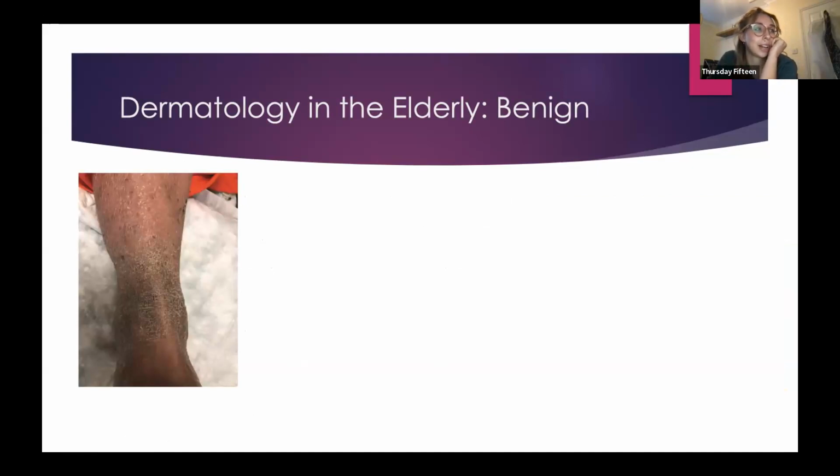Yeah, I guess it does look a bit like that. It's even more simple than that. So this is just a picture to try and show xeroderma, which is just a fancy way of saying dry skin. So when people get older, they lose more water through their skin, it gets thinner, and it's dry. Everyone on inpatient wards has dry legs, on the elderly wards. So it increases their risk of getting skin breaks and cellulitis. It's itchy, it's prone to dermatitis. So in a way it is a form of eczema, and it's really common on old people's legs.